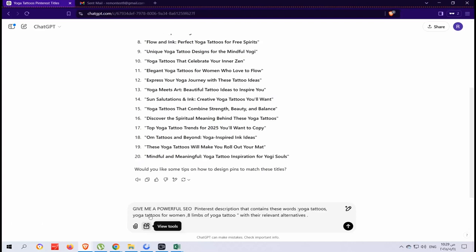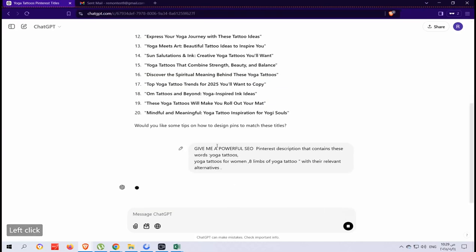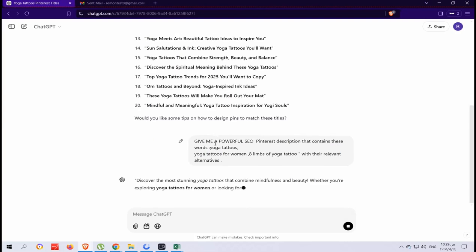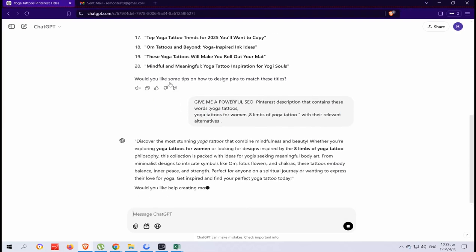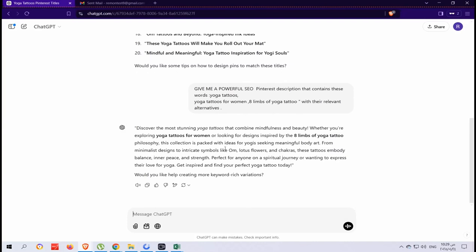Like this one: give me a powerful search engine optimized Pinterest description that contains these words and with their relevant alternatives. So click over this one. For sure, it's better for you to give it the title of your Pinterest pin you want to make here on Pinterest from these applications. And then you can find these keywords are included in this description, as you see,